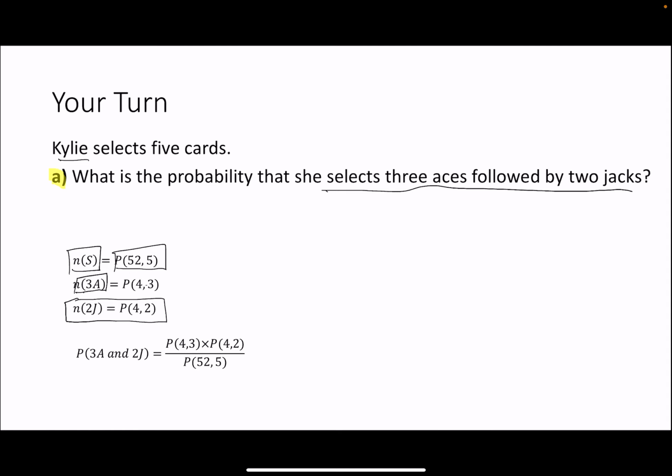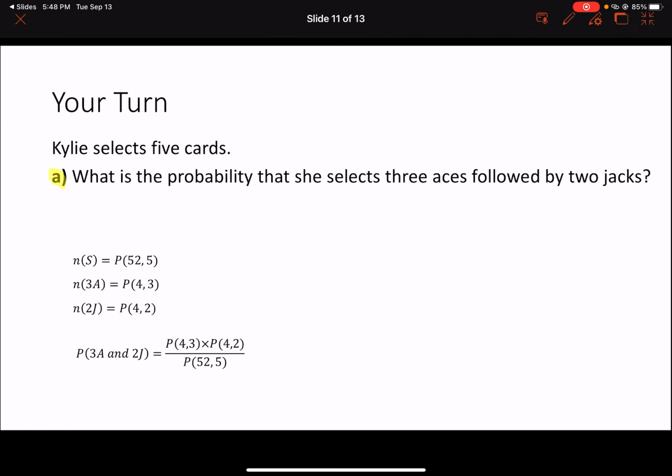Sorry, they're mutually exclusive. Picking a jack is different from picking an ace, but that's not what I meant to say. I meant to say that for every way to pick 3 aces, there are that many ways to pick 2 jacks. And for every way to pick 2 jacks, there are this many ways to pick 3 aces. That's why we have to multiply. Okay, so that ends up being